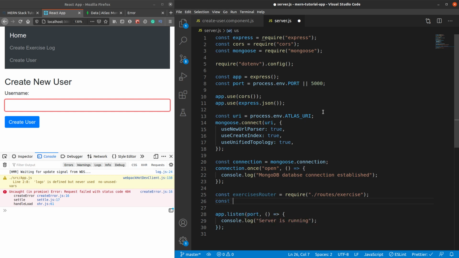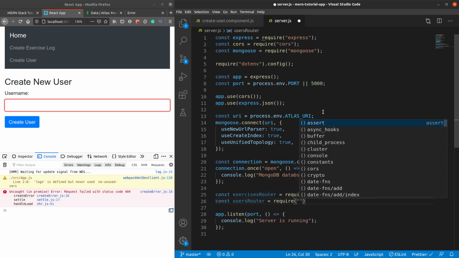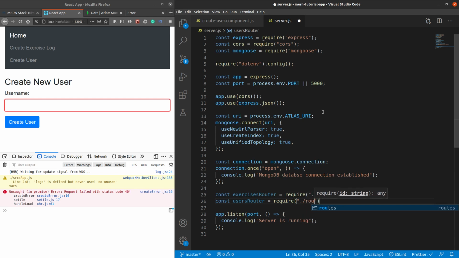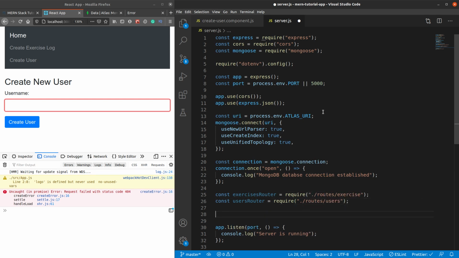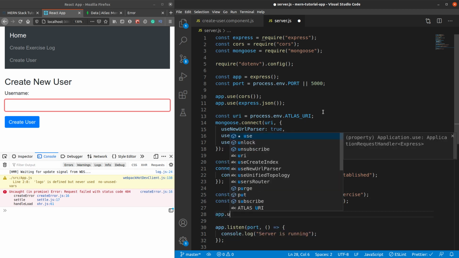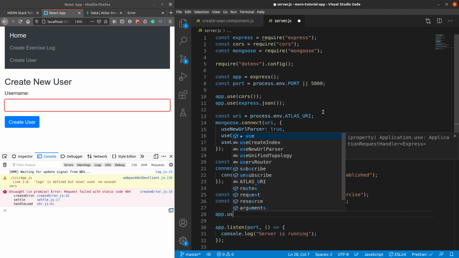Let's also import the user router, require router slash user. Okay, so now we want to tell our app to use this particular routing.